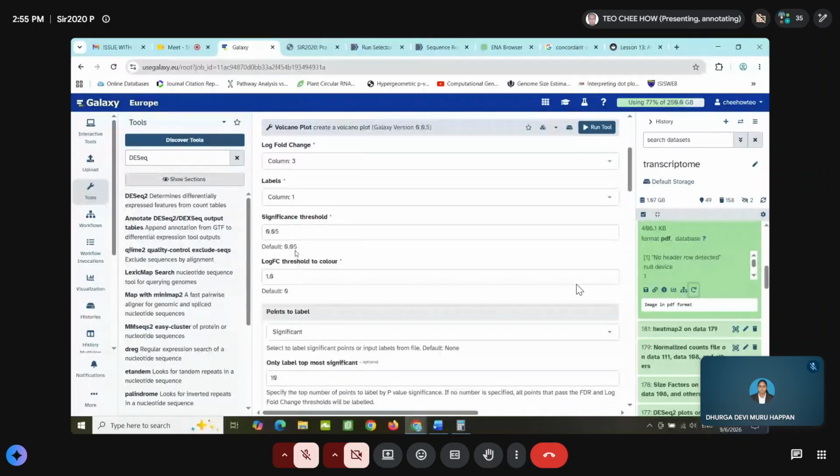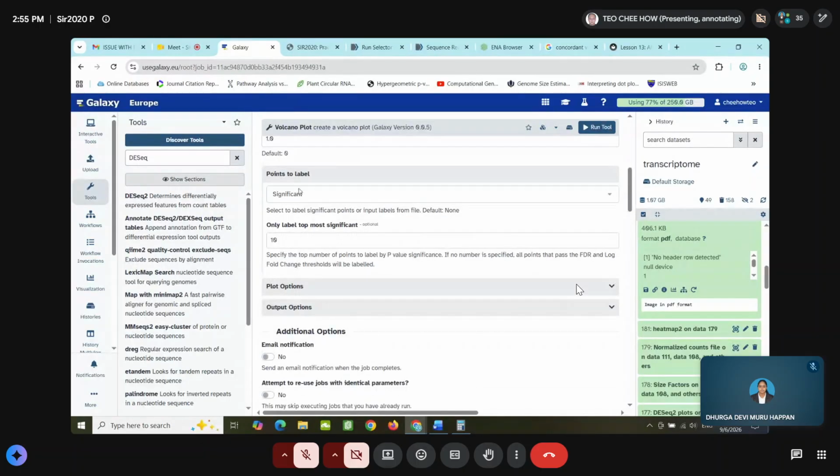Significant level. Right. Log FC of P value of less than 0.05. Log FC threshold 1. More than 1 and less than -1. Right. You want to label the significant ones. Right. Label only 10 genes, the top most significant genes. Right.